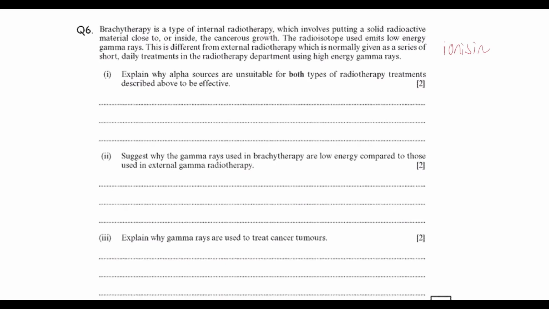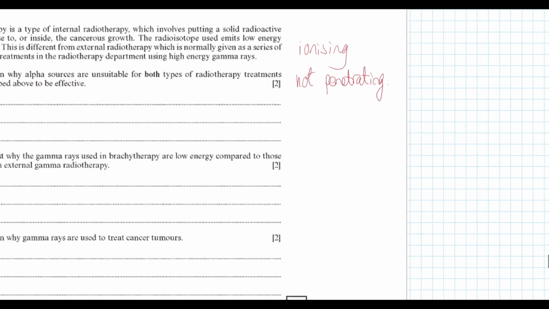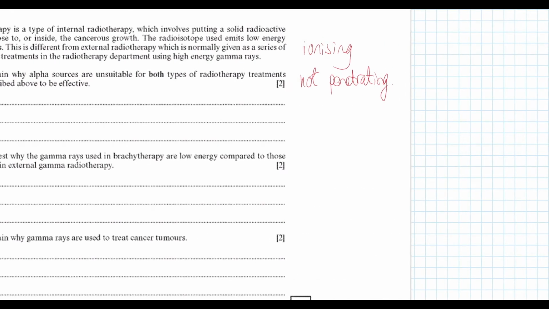ionizing and not penetrating. Now the important part about ionizing is if something's ionizing, that could cause cancer because it mutates cells. And also you want something that is penetrating because you want it to escape out of the body if you're using internal